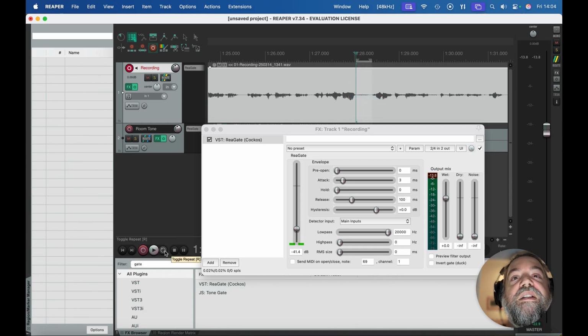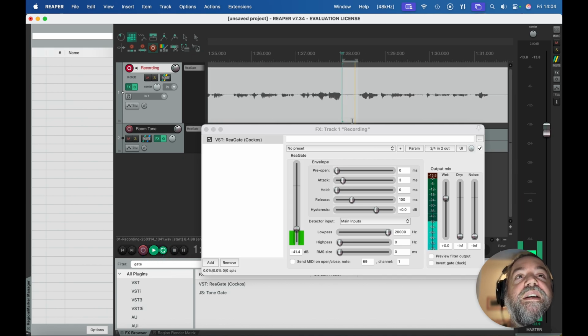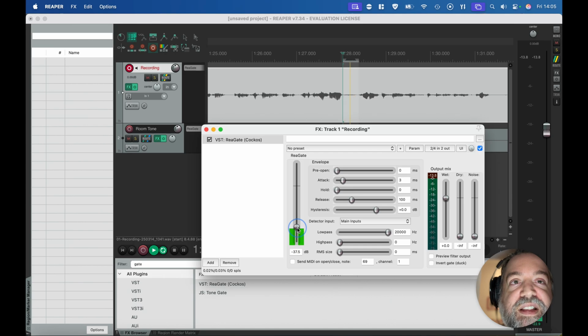Over here, going to turn toggle repeat on. I'm going to hit play. This is very annoying, but you can hear my breath going again and again. We need to set the threshold higher than the volume of the breath, but lower than when you're talking at the quietest point, which is a bit of a difficult thing to find. So if I set this just here,